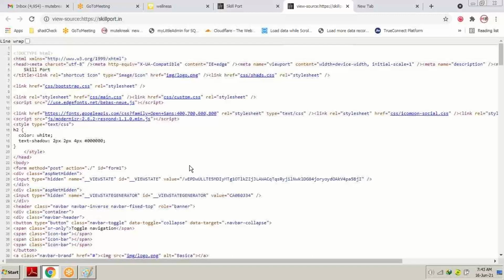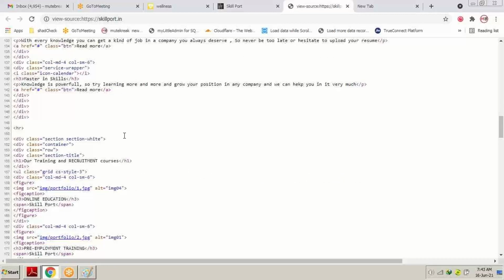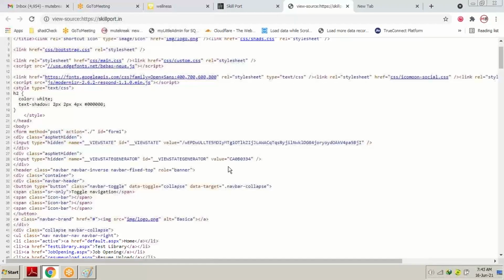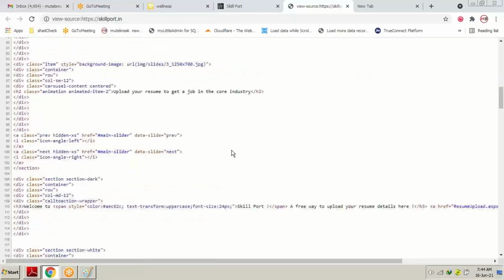But on this page, JavaScript isn't required, because it's an informative page, just a landing page for a website. So it doesn't require any JavaScript because no function or activity is to be done on this page. When you open this page, you just have to read and get information about this organization. That's it. So if no activity is done on this page, it doesn't require any programming language or any other action. That's why we haven't used any server-side coding or any JavaScript coding on this page.